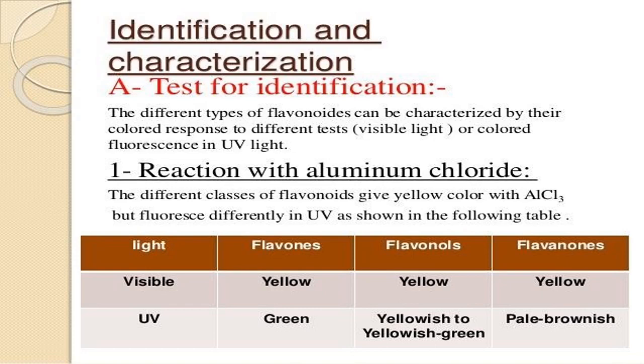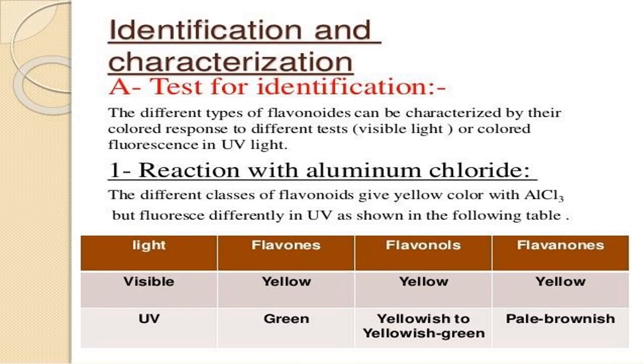aluminum chloride. The different classes of flavonoids give yellow color with aluminum chloride. But fluorescence is different in UV, as shown in the following table. Flavonoids, flavonones, in different visible light or UV light. So for different categories, flavones, flavonols and flavonones, these are having different